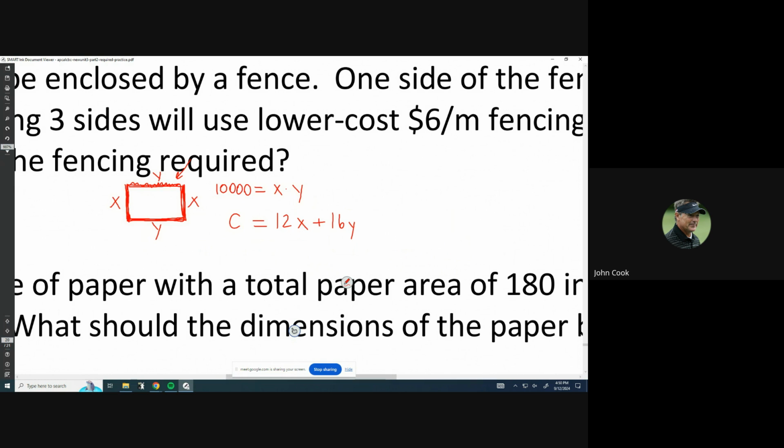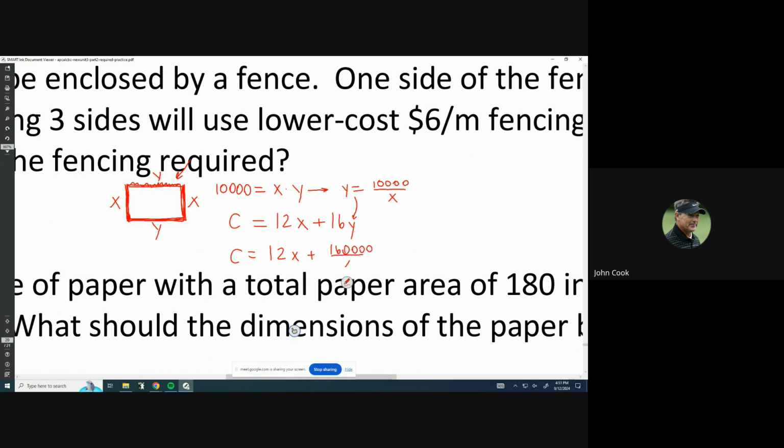I need to get one of these variables in terms of the other. So I'm going to get Y all by itself. Y is equal to 10,000 over X. And then I'm going to replace the Y in the cost function so I can get it in terms of just X. So I get 12X plus 16 times 10,000 over X. Then maybe I'll make it look a little bit nicer. 16 times 10,000, what is that? 160,000, right? Yeah, I think so. 160,000